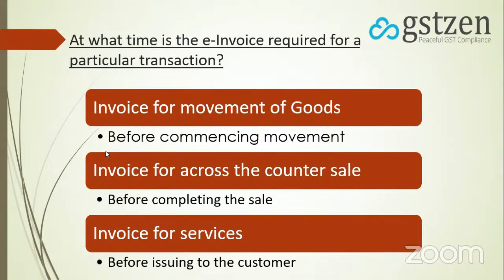So at what time is the e-invoice required for a particular transaction? Some people generate the e-invoice at the end of the month. This is not a correct practice. If you are moving goods, you should generate the e-invoice before the movement of the goods itself, like you do for an e-way bill. You generate the e-way bill before you send the goods. So for goods, the same condition is applicable for e-invoicing. You have to generate the e-invoice first, then you generate the e-way bill on the e-invoice, and then you commence